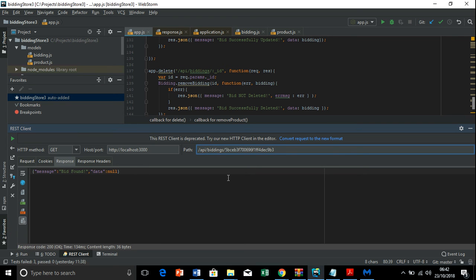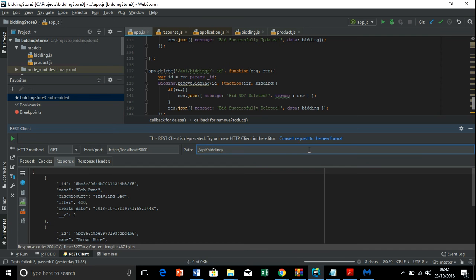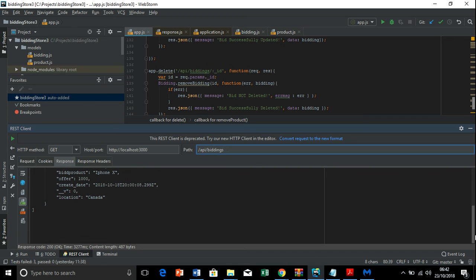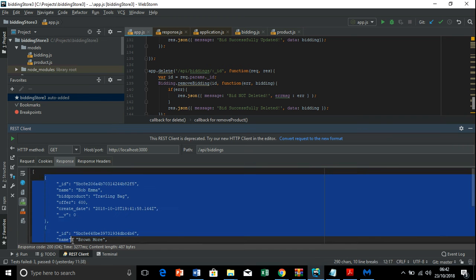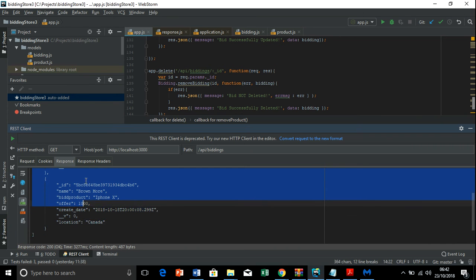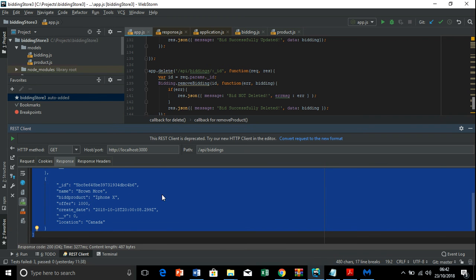So to really be sure, let's just check it again, get all the biddings and see whether they are 3 or 2. See, it is 2. We have 2 biddings here. Just 2 biddings. So once again the bid is gone.